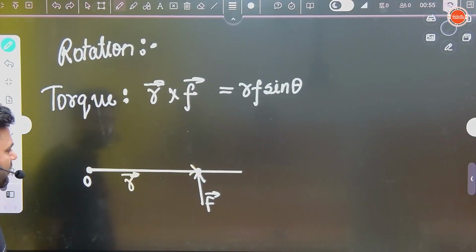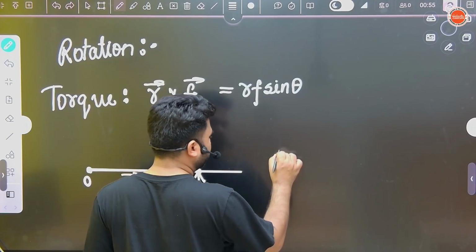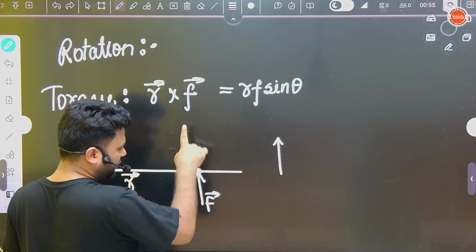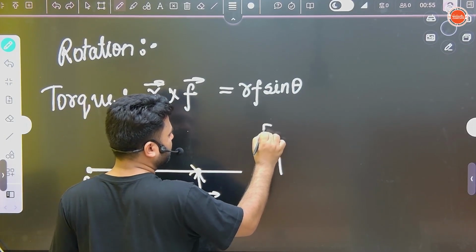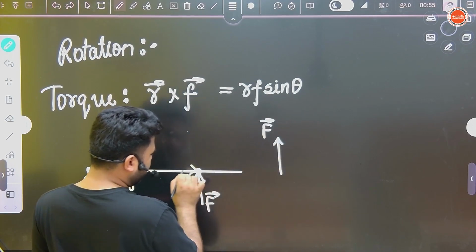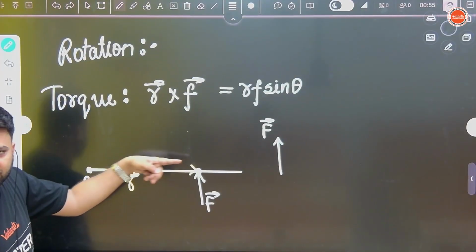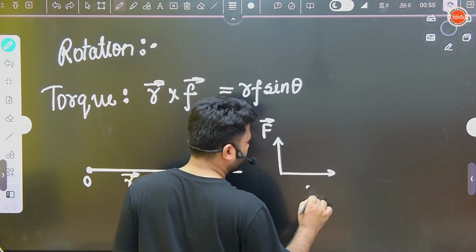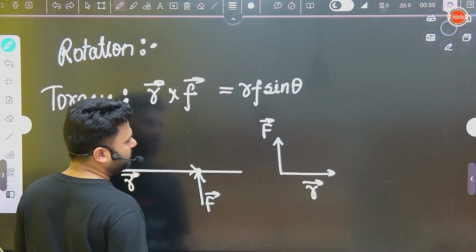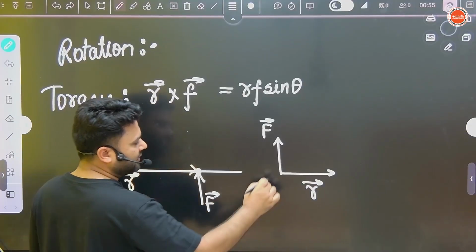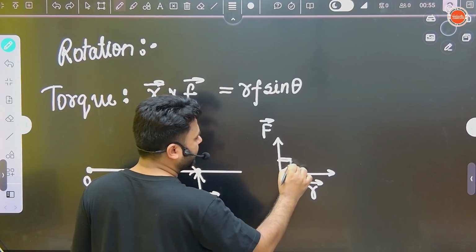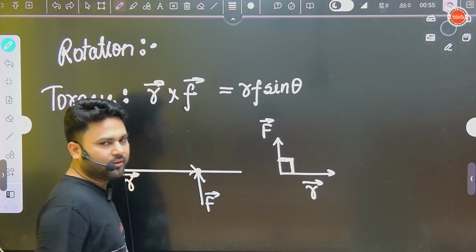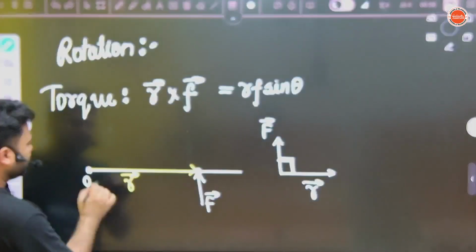Now in this example, what you can see, that force vector is up in the north direction. You can draw like this also. And R vector is what? In which direction? East direction. So this is the R vector. So what is the angle here between R vector and force vector? 90 degree. You can see the angle here is 90 degree. Suppose this distance